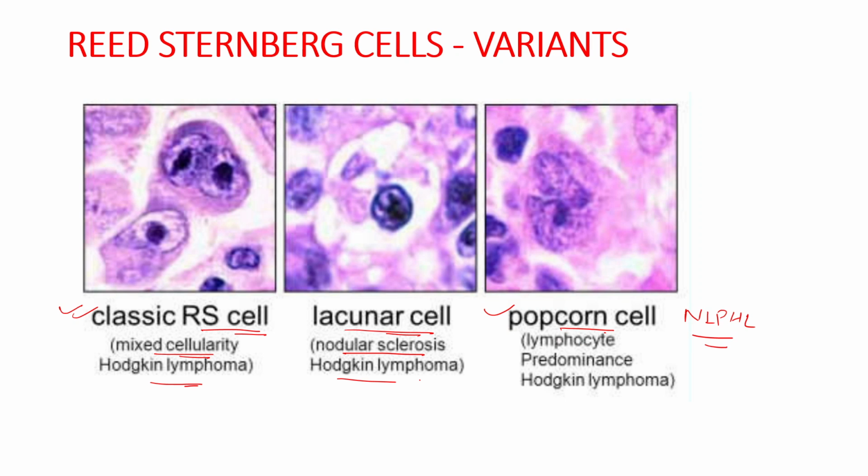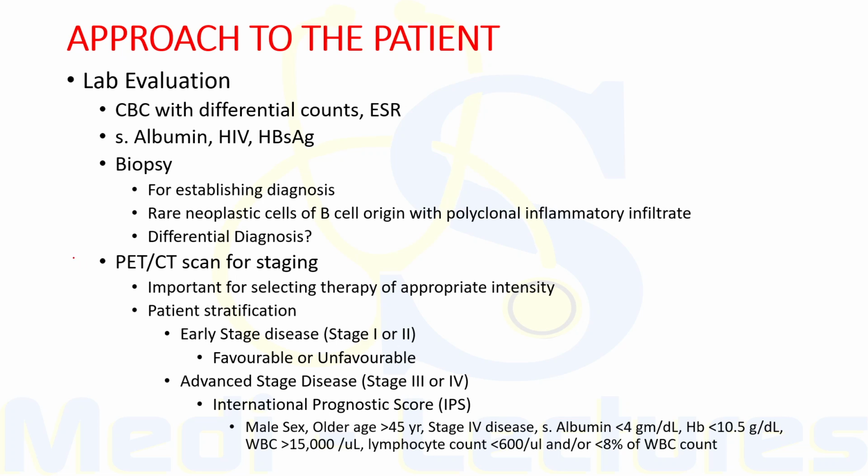Now, after we have seen the biopsy findings, it is important to note that PET scan or CT scan is used for staging and is more accurate than bone marrow biopsy for evaluation of bone marrow involvement. Why? Because the involvement of bone marrow in classical Hodgkin's lymphoma tends to be patchy, and this can potentially be missed on unilateral bone marrow biopsy. Therefore, PET scan or CT scan is better for staging as well as in identifying the involvement of bone marrow. But for making a definitive diagnosis, we go for biopsy.